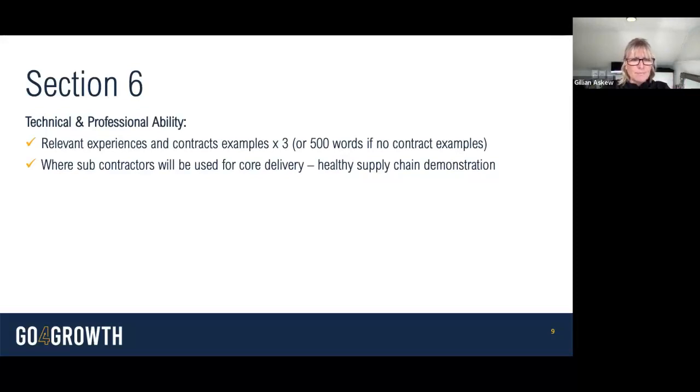And where you are using subcontractors for core delivery, section 6 might ask you about how you demonstrate healthy supply chains. What the guidance says at the minute is that evidence on this should include, but is not limited to, details of your supply chain management tracking system.